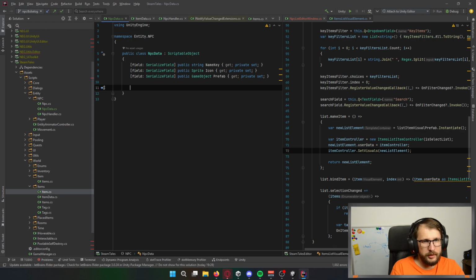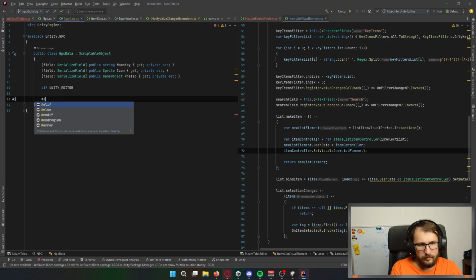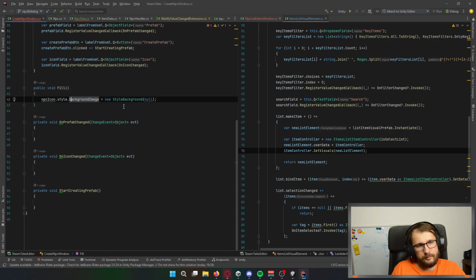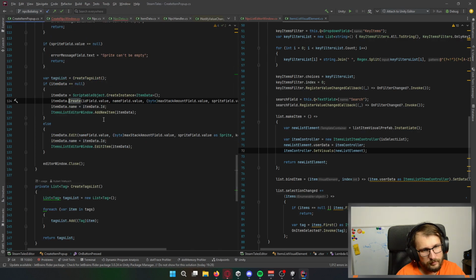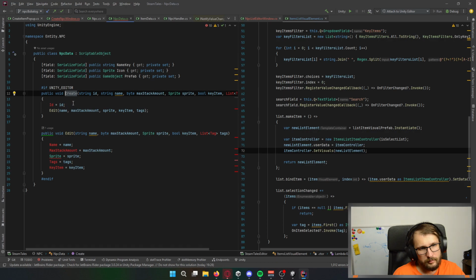Do I want to do it the same way? I think no. So of course, if you need the editor, should this ID be here? How is it handled here?